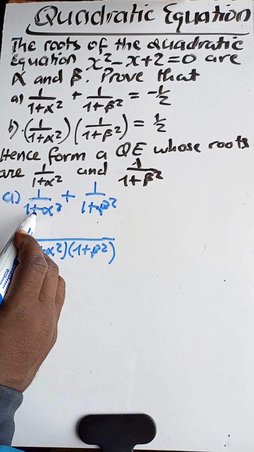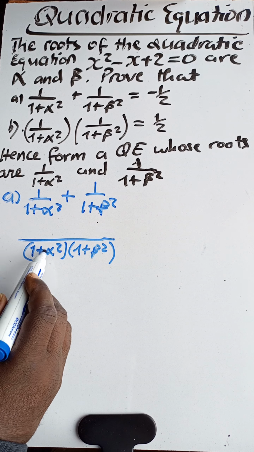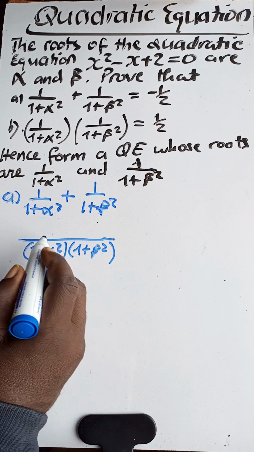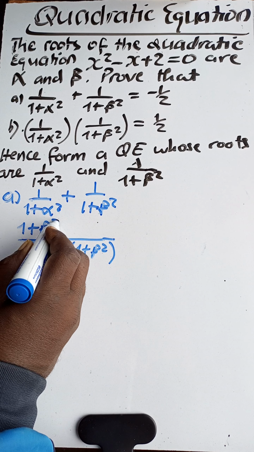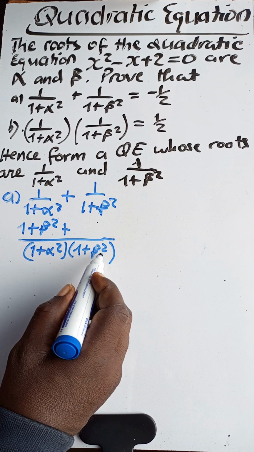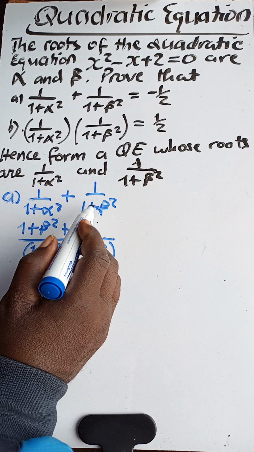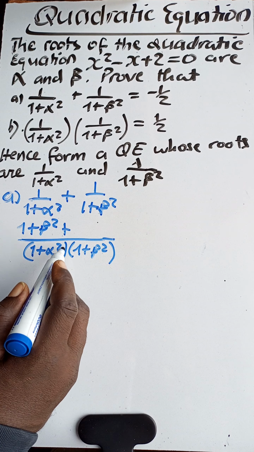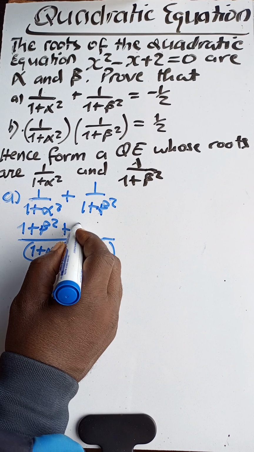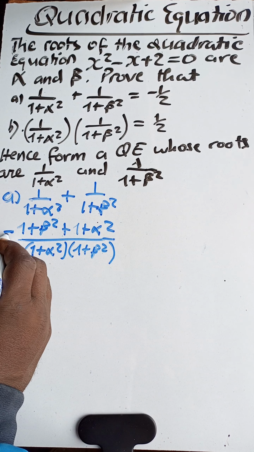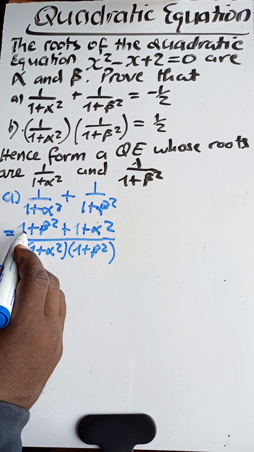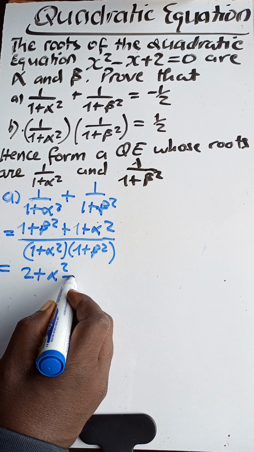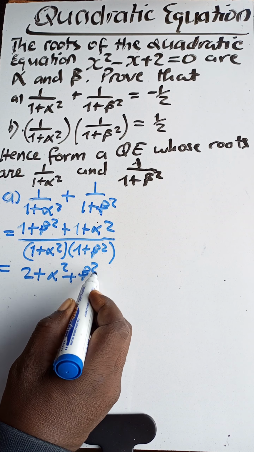This product divided by 1 plus alpha squared, 1 plus alpha squared will cancel, and we have 1 plus beta squared. Multiplied to 1 is just 1 plus beta squared, plus this LCM divided by that. 1 plus beta squared cancels 1 plus beta squared, and we're left with 1 plus alpha squared. Multiplied to 1 is just 1 plus alpha squared. Now, we see 1 plus 1, 2, plus alpha squared plus beta squared, all over